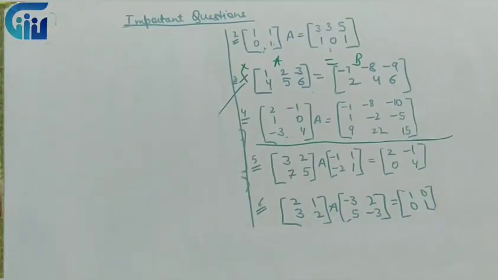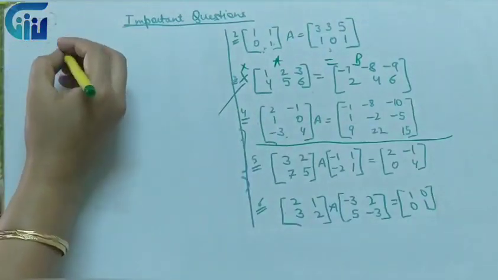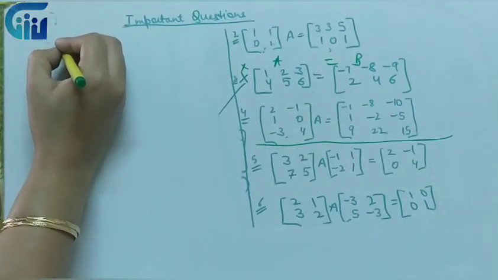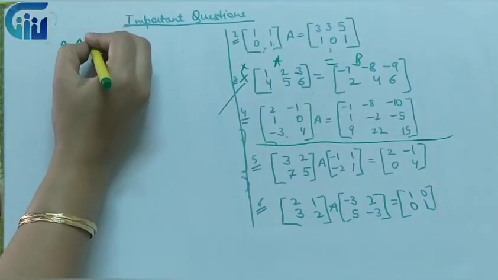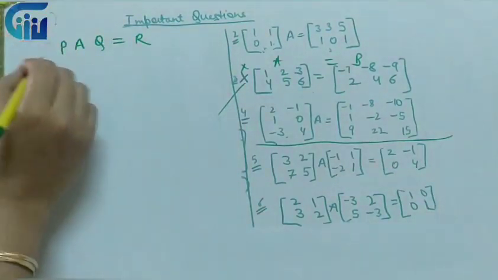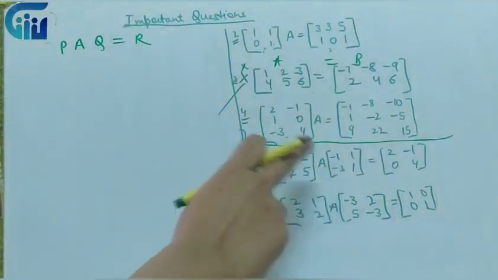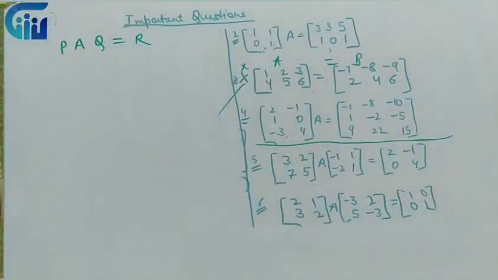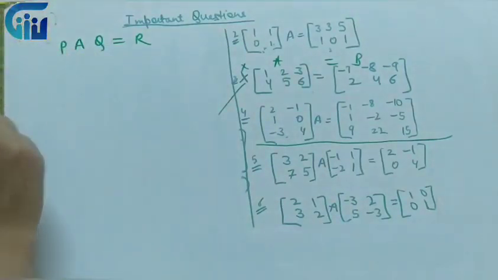In question number 5, over here what do you observe? We have a matrix on both sides. So let me say this is P, this is A which I have to find, this is Q and let's say the result is R. Both these two matrices are square matrices. So it means I can multiply by its inverse. You can also take it as A, B, C, D, but again it will be a lengthy process and you have to do lots of calculations. So when we do inverse, it is easy for us to calculate.